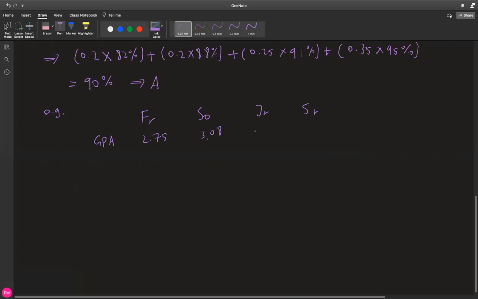And let's say juniors have 2.94 and the seniors have 3.15. And this is just the average. So the question here is, what's the average GPA of the entire school? Or is this even enough information that you're given to calculate that number?